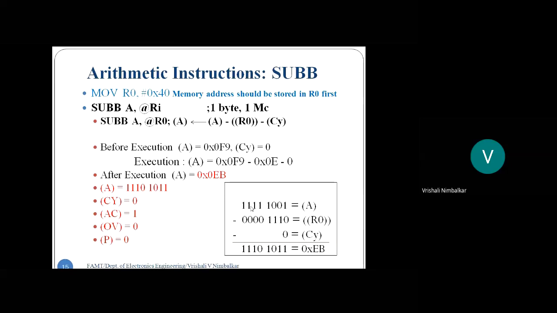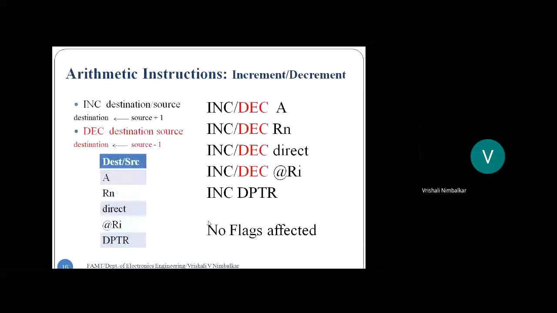Whenever you add or subtract opposite signed numbers, one is negative, the other is positive, never will there be an overflow. If the numbers have the same sign, plus plus, minus minus, there is a possibility of overflow. And parity, count how many logic ones are there in the answer. In this case, there are 6 ones, even, which means the parity is cleared. So this is where we had stopped in the last lecture.